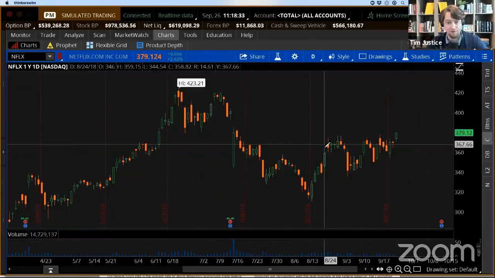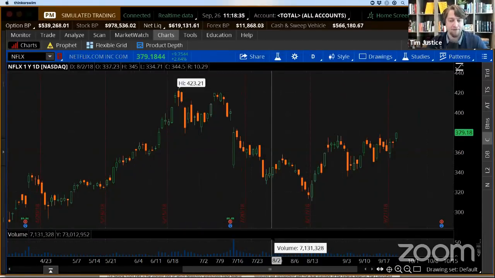And I would not do this in front of the Fed, but I love this chart. And there's many reasons I love the chart. The relationship of the pivot points. You have the gap down to 350 on the low pivot, then 330 on the pivot in July, 315 or 310 in the middle of August. Guys, break this chart down for me. Matt, I'm going to go to you first and interpret Netflix for me.